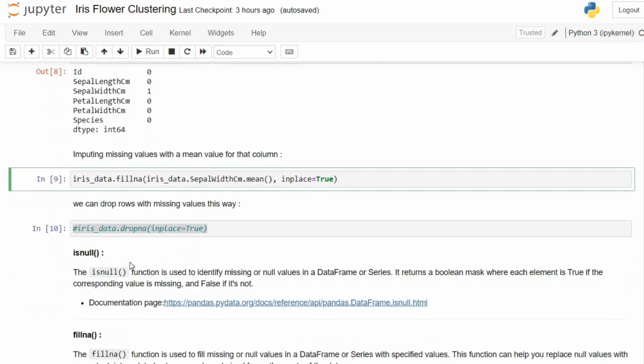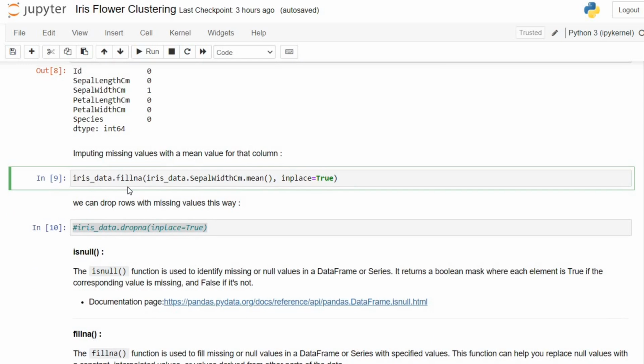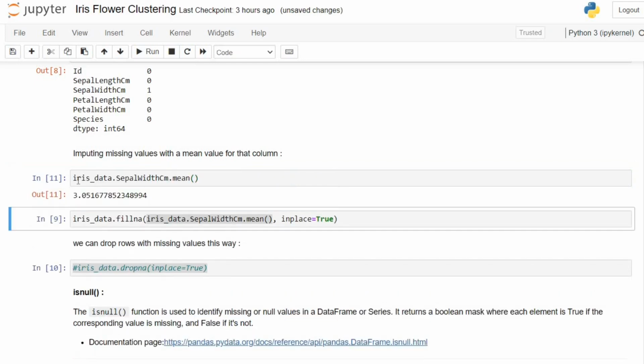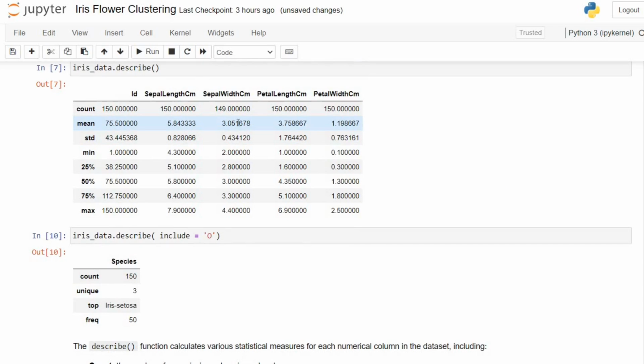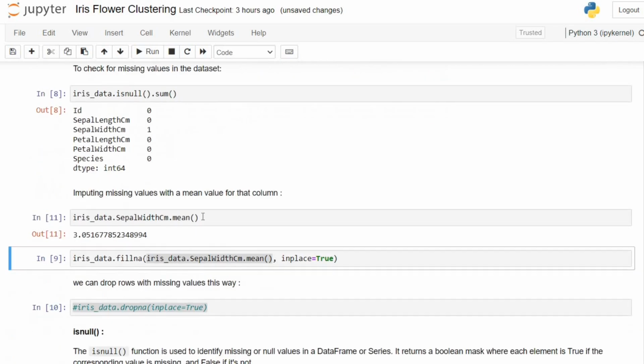Here we are making use of the fillna function, and this function is used to fill missing or null values in the data frame. Whatever value you pass inside this function, it will replace the missing value in the data frame with that particular value. And here you can see that we first access the sepal width centimeter column, and then to that we are applying the mean function. Let's just check whether it is returning the correct value. So you can see that 3.05 is the same as shown in here. We just wanted to verify it,